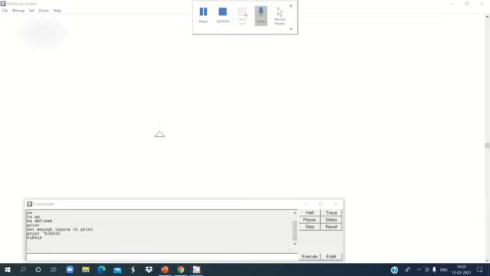Next, I am going to explain about the print function. Suppose I want to type my name. For that, I have to use the print command, that is PRINT. Here I want to type Reena. That means it's a set of characters, or we can say that Reena is a string.